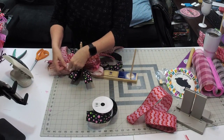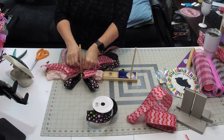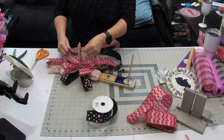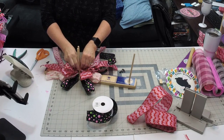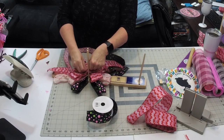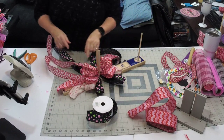So now you want to start making sure that you are moving your little bows around. Okay. Alright, so we're going to do one more like that. So just match it against that last one. If you want to end with one in the center, what you do is you just do one loop, okay, like this, and you just leave it there. So then you have that little one in the center. All right, and then we will cut this one off. So see, we still have some left. So the reason we did that one in the center